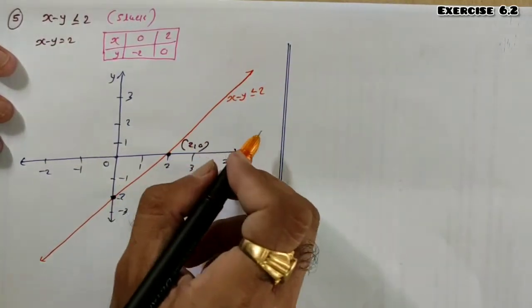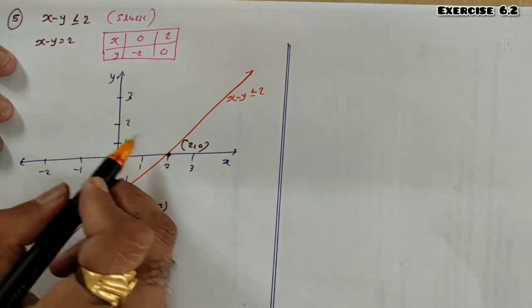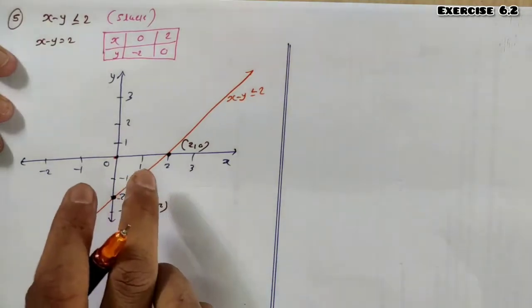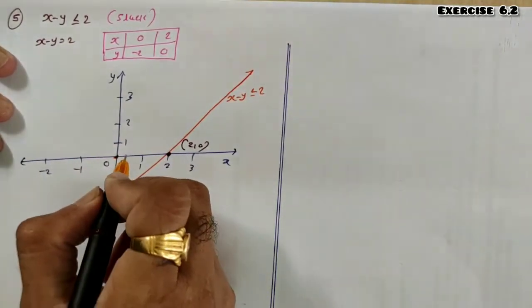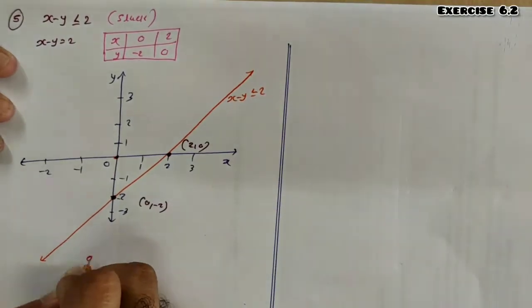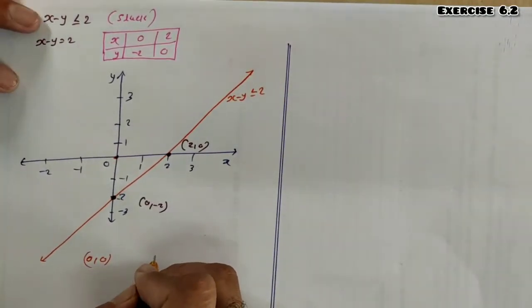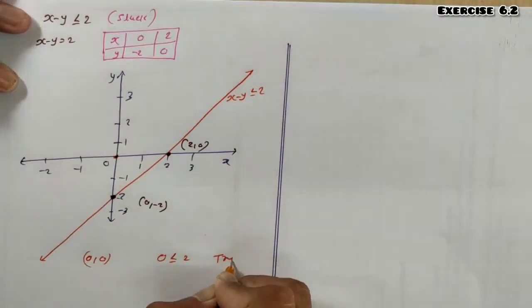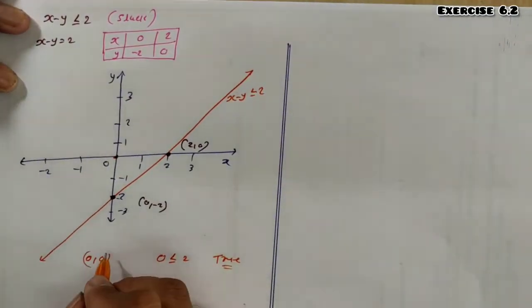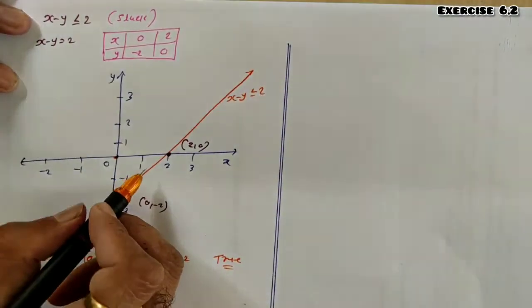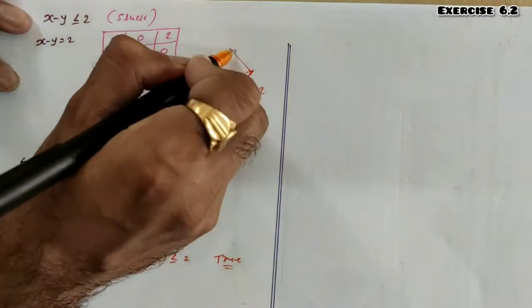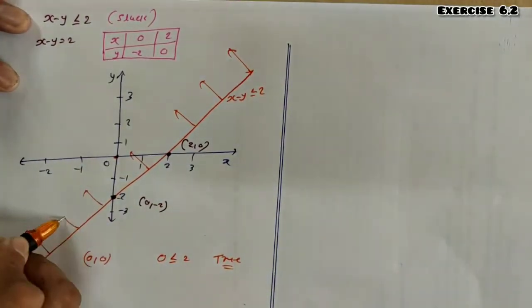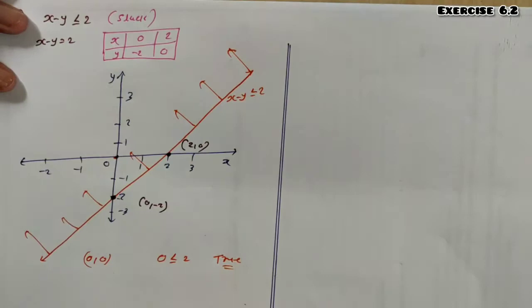So again our plane is divided into two planes, lower half plane and upper half plane. Upper half plane towards the origin. This is our origin. Now we have to check which half plane is the solution of this given inequality. So for that we will verify for this origin 0, 0. So consider origin 0, 0 and here the given inequality is 0 minus 0 less than or equal to 2. So 0 less than or equal to 2, that is a true inequality. Done. So here you can say that this 0, 0 lies in the solution of this linear inequality. So here the solution is the upper half plane and included 0. So the upper half plane towards the origin is the solution of this given linear inequality.